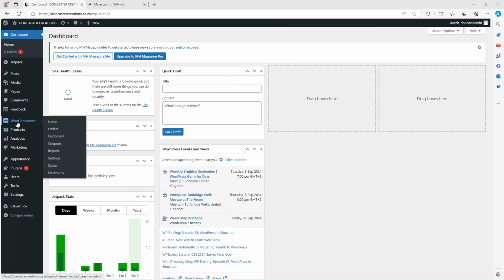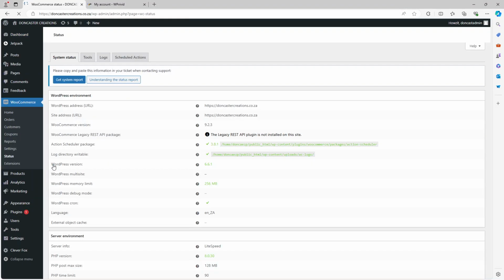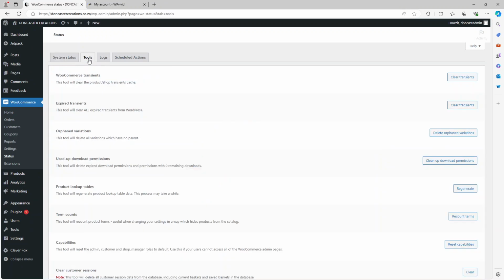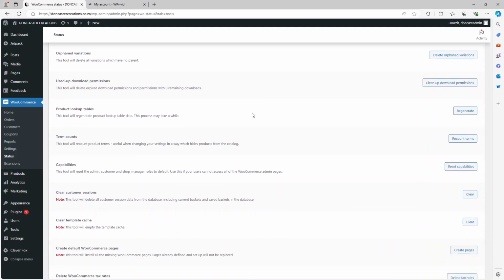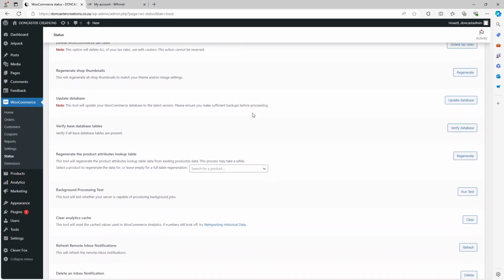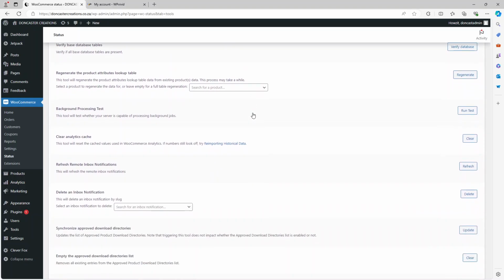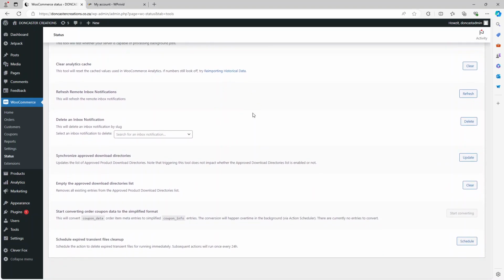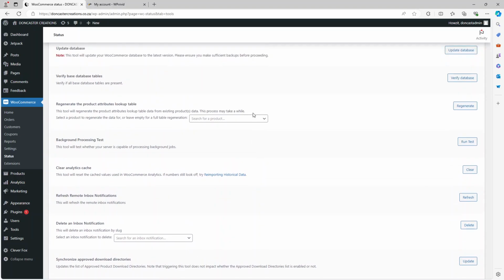So what you do is you choose WooCommerce and you go to the status option. Okay, and then you'll see at the top here it's got tools, so you can just click on tools, and then you can scroll down and look for an option that says regenerate standard pages,